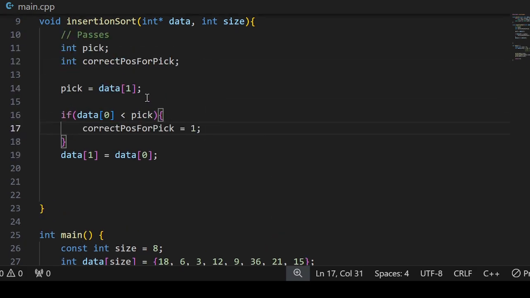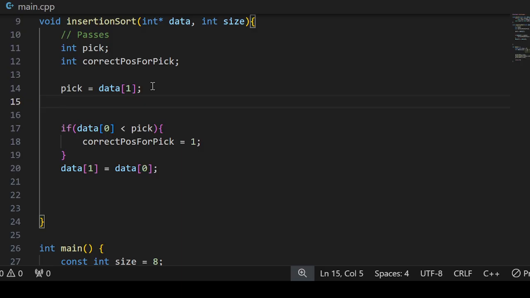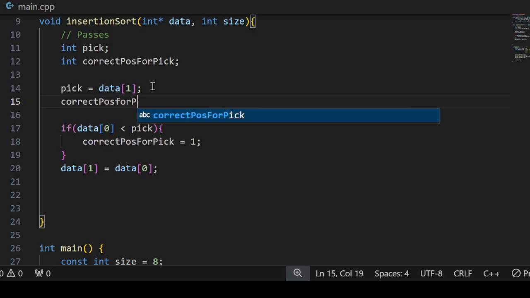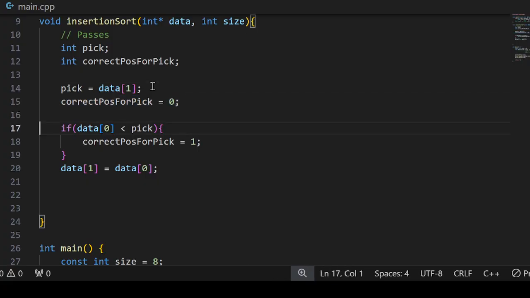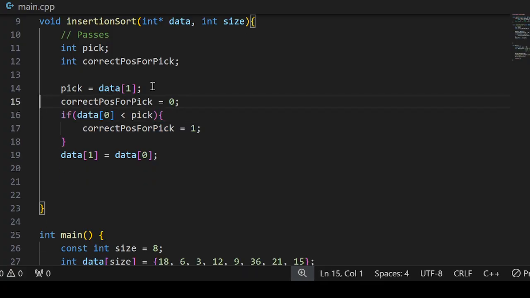Otherwise you want to set this to 0. By default you want to set this correct position first, if you initialize to 0, and then if the next position is found, it will be set to the next position. Otherwise this variable will retain the 0 value for the position, and you copy, and then finally